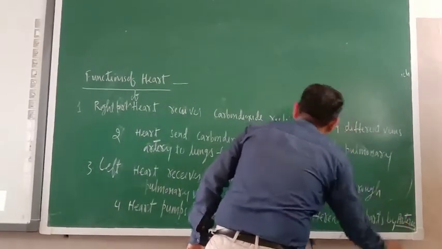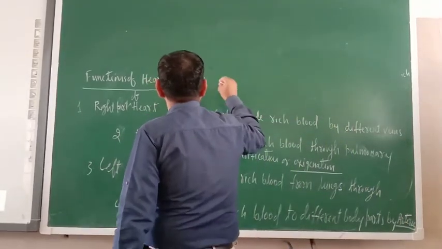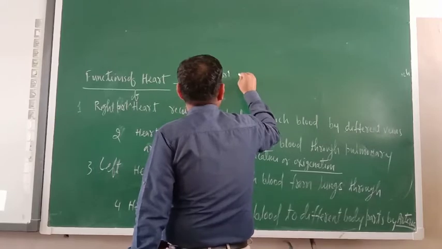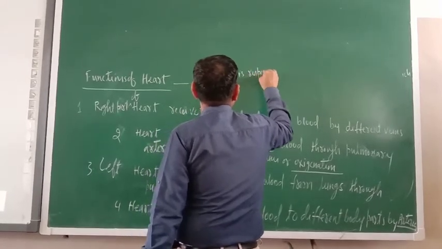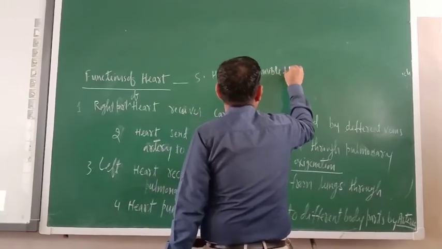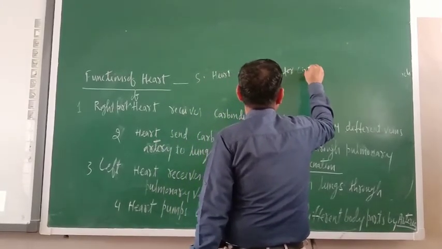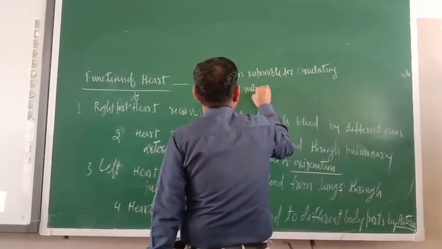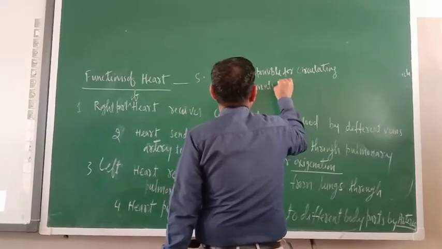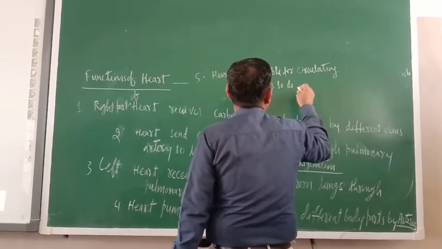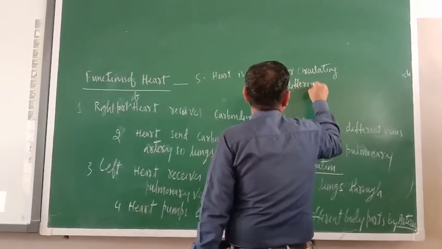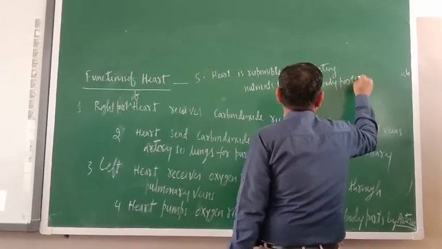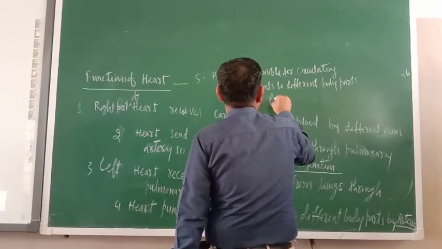This is arteries. Okay, one more function you can write. The heart is responsible for circulating nutrients to different body parts through blood,